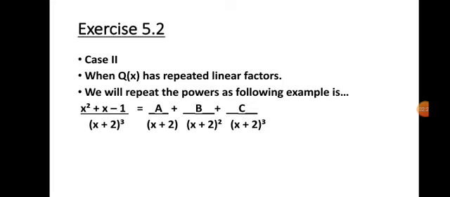Remember students, a simple linear factor, if it has only power 1, will have only one partial fraction, and if it has power 2, then there will be 2 partial fractions, and if it has power n, it will have n partial fractions. n means any number from 1 to infinity. So moving on,